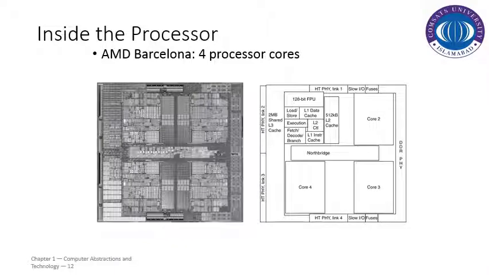So let us see the example of a specific processor. This is AMD Barcelona, which is a 4 processor core system. Here in this diagram we can see 4 dedicated cores. This is the first core. You can see that these setups are replicas of each other. This is the first core, then this is the second core, then we have the third core, including this part, and then we have the fourth core. So we've got 4 dedicated cores basically, and each core is covering a specific hardware setup.